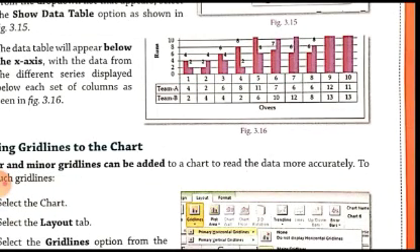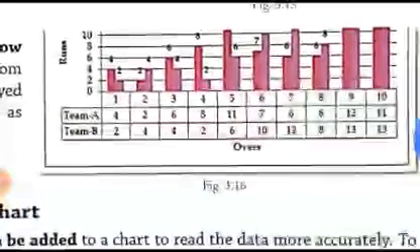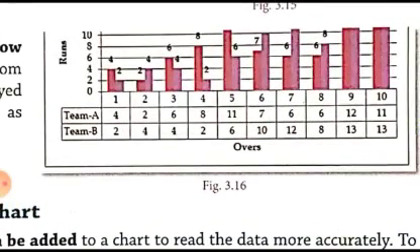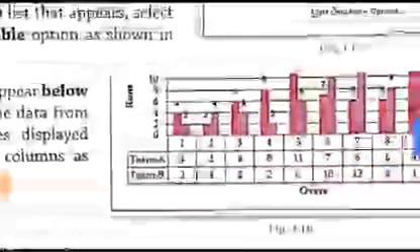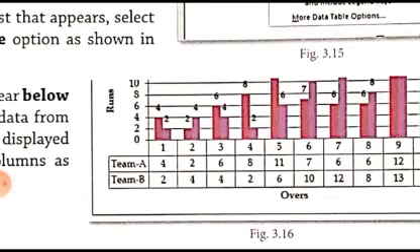So first of all, let us see how we can draw the grid lines. I hope we have understood now what a grid line is. Grid lines are the vertical and horizontal lines which you can add on the chart. Now we can have 2 types of grid lines: major grid lines and minor grid lines. The major grid lines are drawn for major points or major values. What are major points or major values? Major points are those points which are shown specifically on the chart.